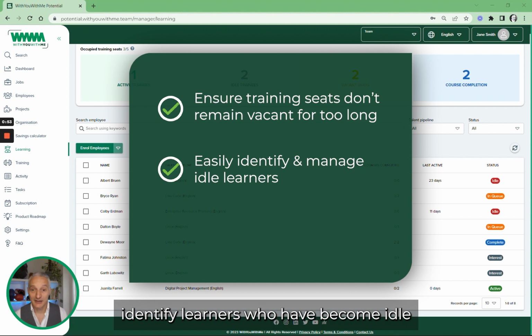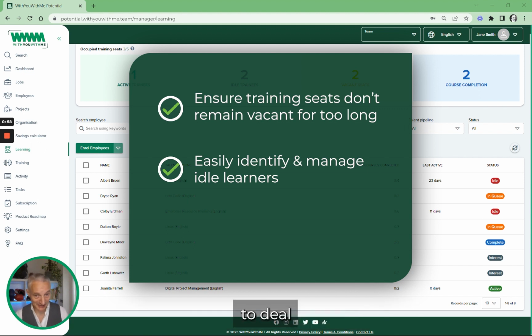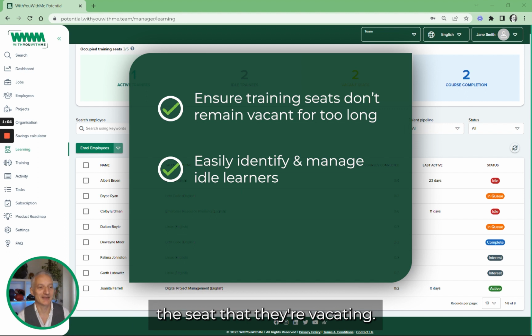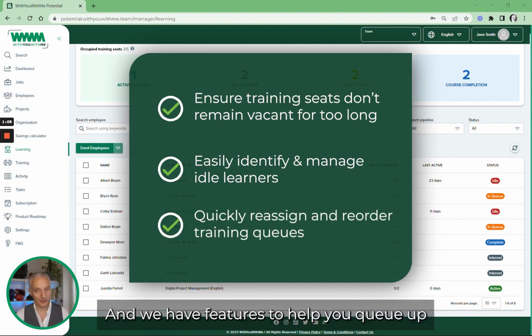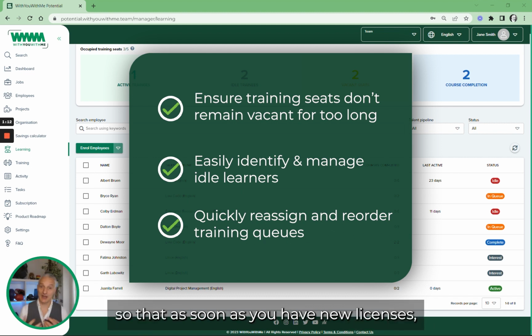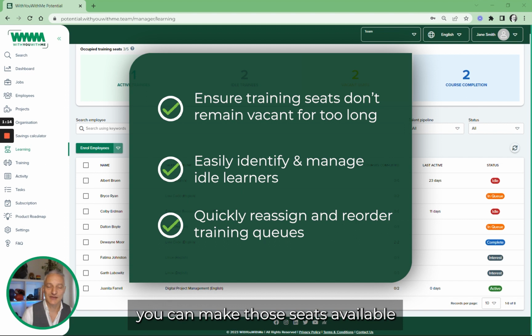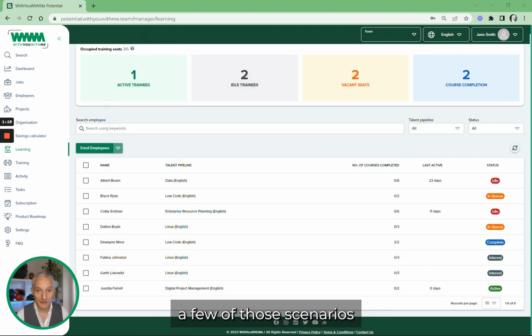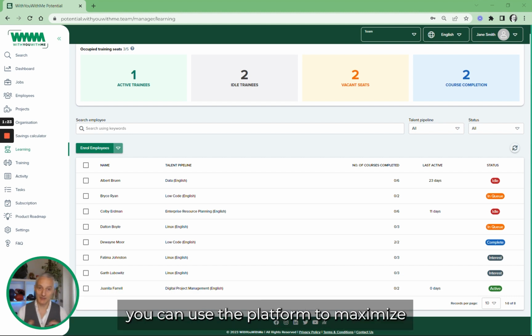We help you identify learners who have become idle and potentially contact them to deal with that circumstance, or alternatively shift them back into a queue so that you can give someone else the seat that they're vacating. And we have features to help you queue up people who are interested in particular courses so that as soon as you have new licenses, you can make those seats available to new learners. I'll take you through a few of those scenarios and show you how you can use the platform to maximize